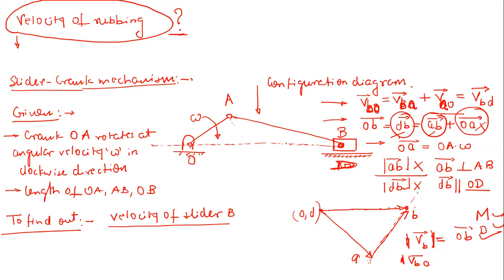Here also now VBA vector, so velocity of B with respect to A. So now this is going to close like this. So VBA vector, this is also again equal to AB vector. So again, this is known in magnitude as well as direction. So now these two vectors become known to us, right? So this is very, very simple, very, very easy, right? So see, this is nothing. This is simply your triangle law only.